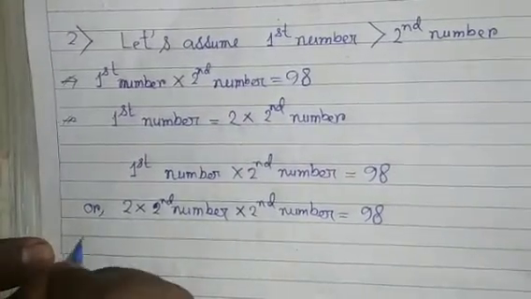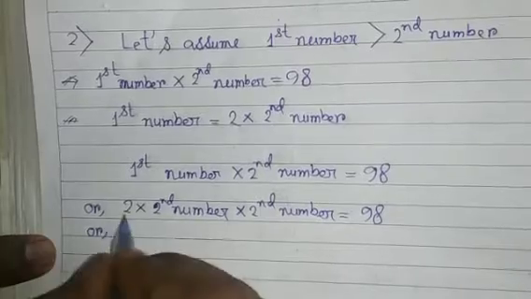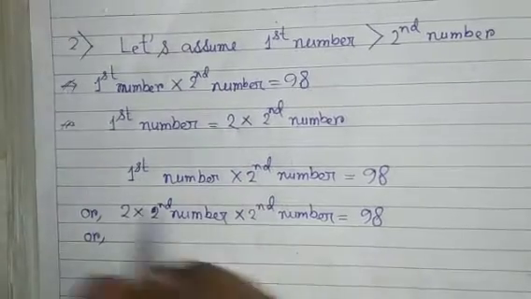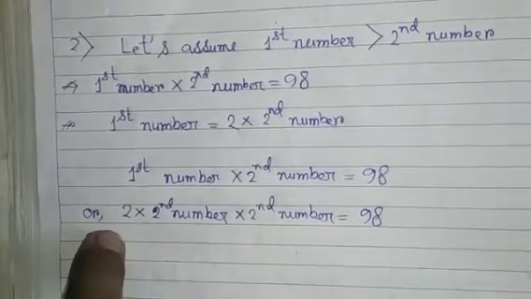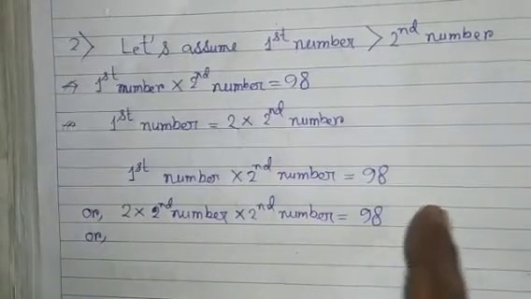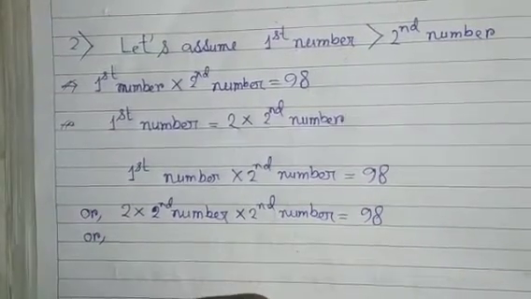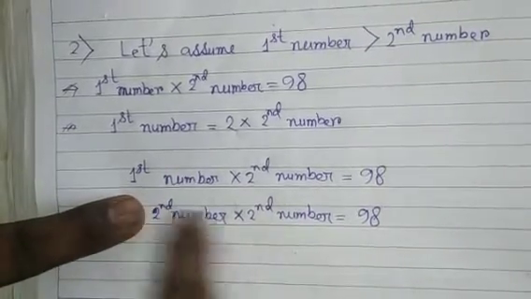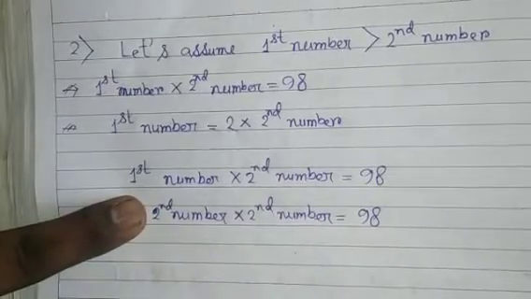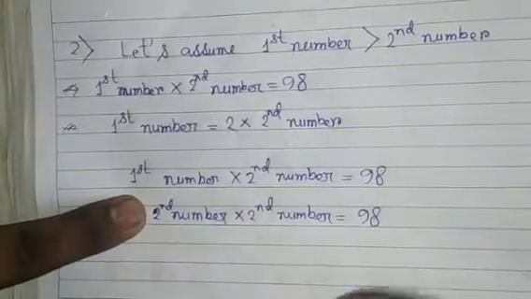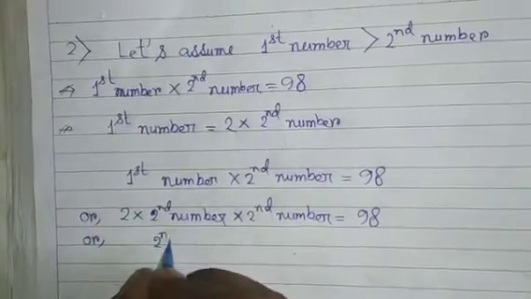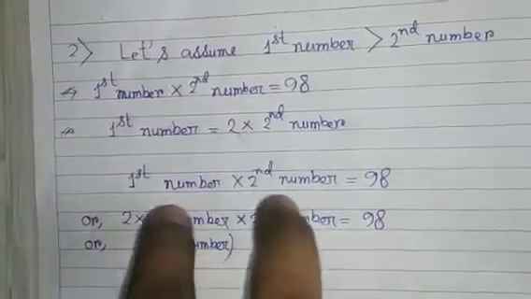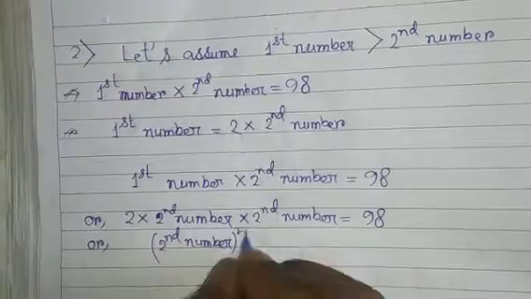Similarly, look, if I need to take this 2 to the right side, it will be divided. Why? Because 2 was multiplied on the left side. Now if I take this 2 to the right side, only second number into second number is left. Now whenever we multiply the same thing twice, we can write the square of that number. That means second number was multiplied 2 times, so we can write second number square.